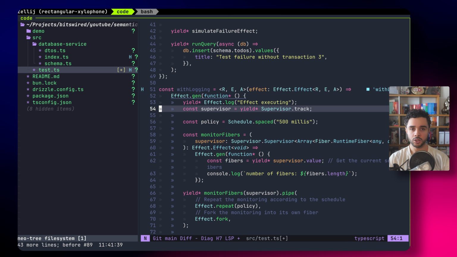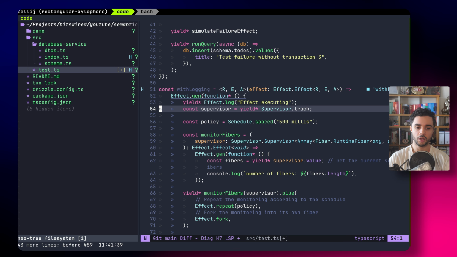As you might know, effect uses fibers to execute programs. So an effect is just a lazy computation. It just represents what you want to do. And the fiber, which is a virtual thread, similar to a thread, but not really a thread, executes the code